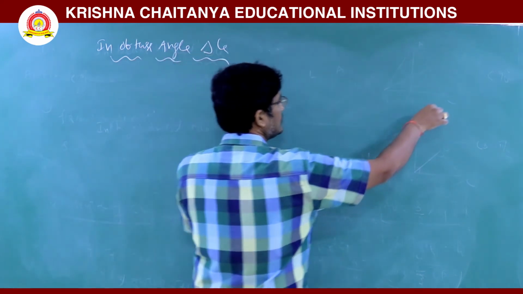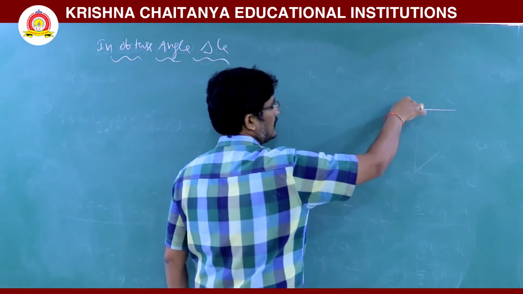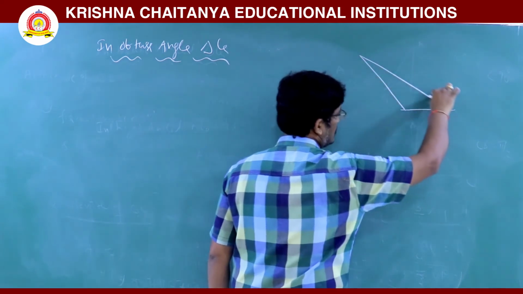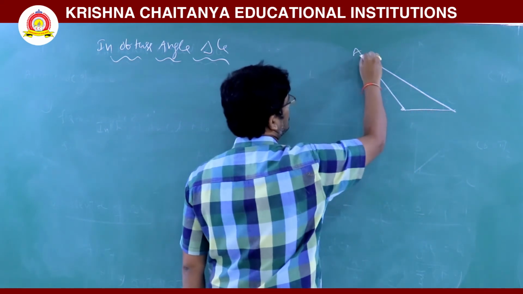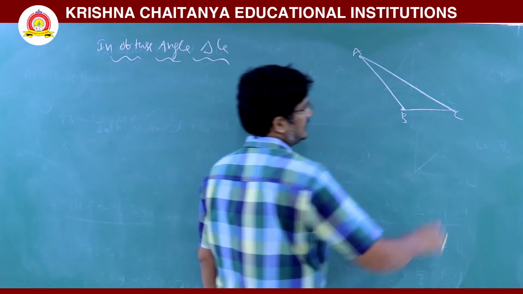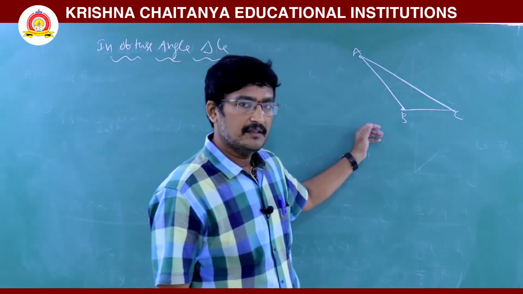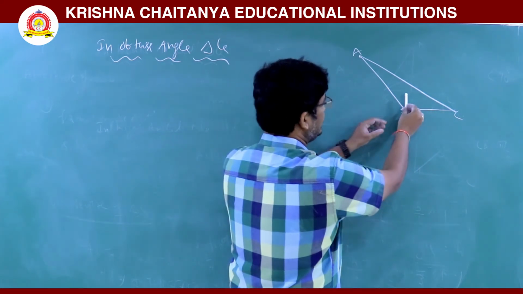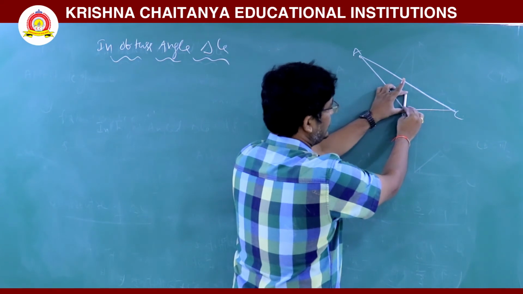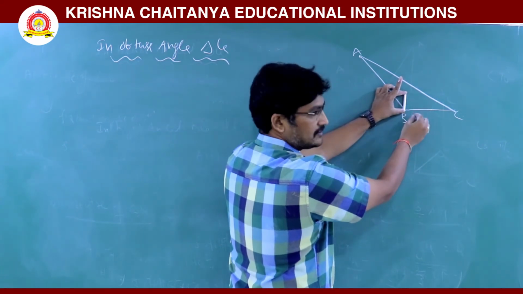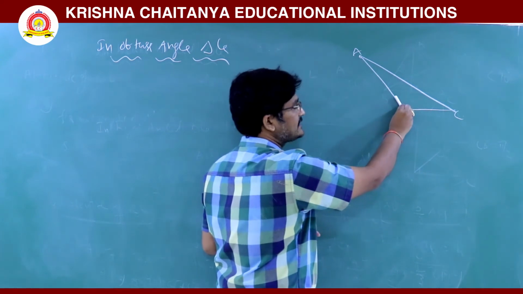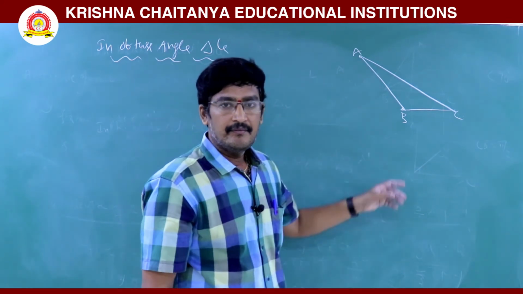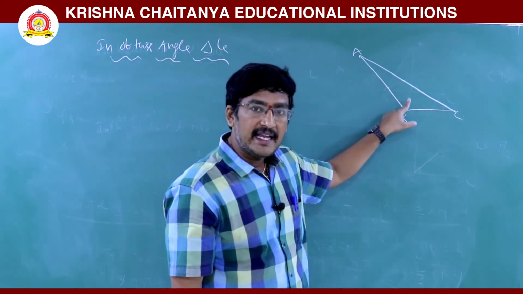Obtuse angle triangle. I am taking one side, this is another side, and I am joining these two. So this is A, this is B, this is C. What is the angle at B? Suppose this is a horizontal line parallel to the x-axis and this is a vertical line, then the angle between these two is 90. But the line is expanded like this, so automatically the angle between these two is more than 90. So it is clear one of the angles in this triangle is greater than 90.